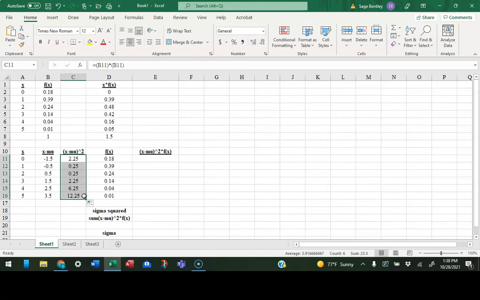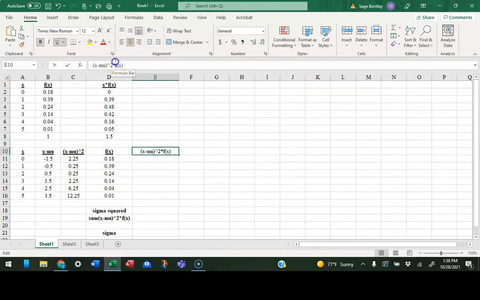Okay? So what am I doing now? I now just have a list of f of x, and those are my probabilities from up here. So again, what are we trying to find out at this point? We're trying to figure out what the variance is. So I need this value that was squared, which is this column, times f of x.